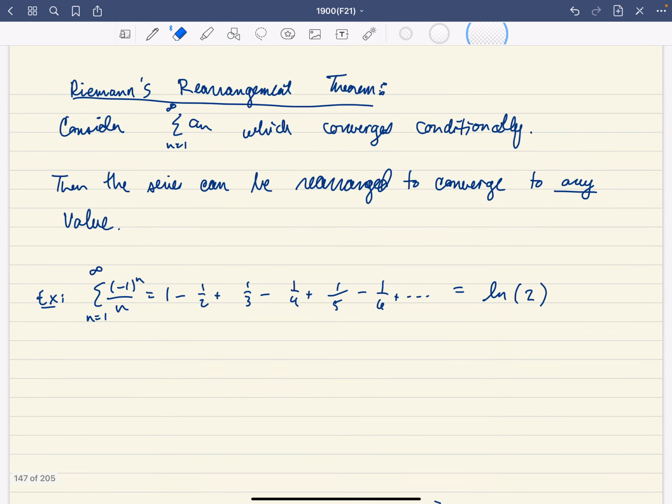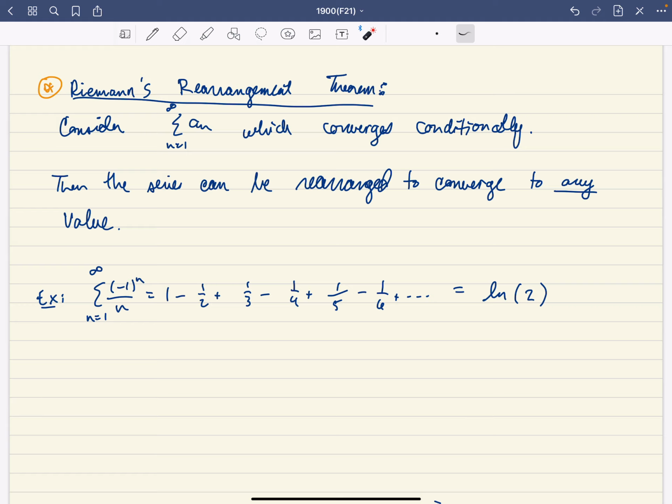Okay, so kind of a slightly mysterious statement here, but it turns out it actually makes sense if you think about the fact that you really are kind of putting together two divergent series with the odd and the even terms. Okay, and so you can add all the positive terms until you get as big a number as you want, and then add a bunch of negative terms until you dip below that number, and so on. So you can kind of repeat that process